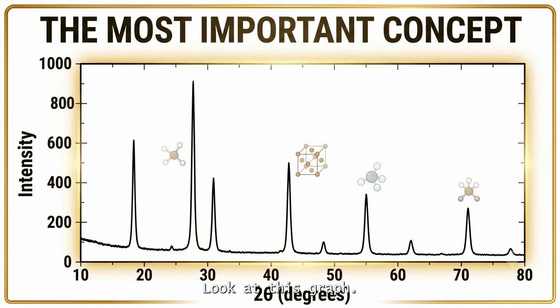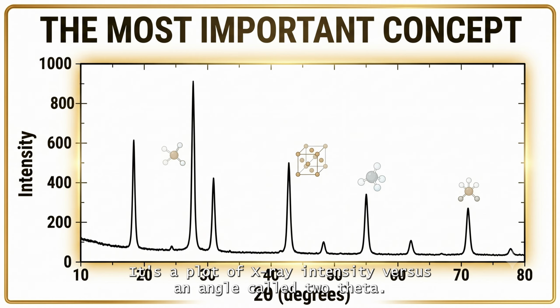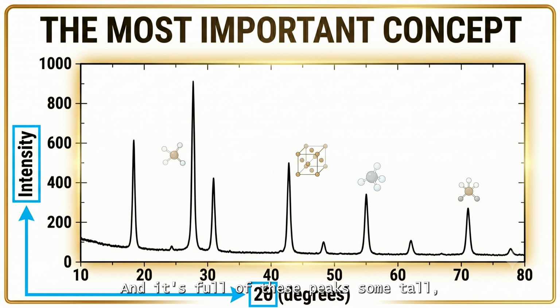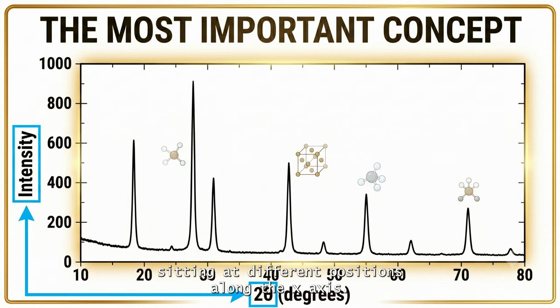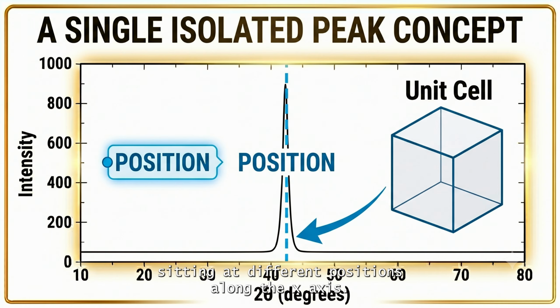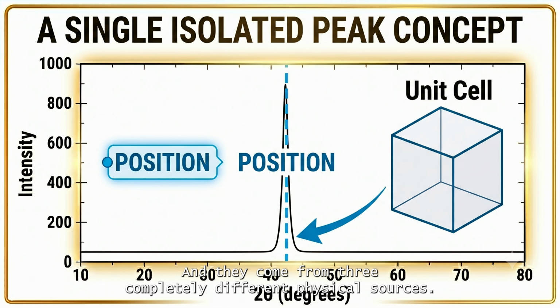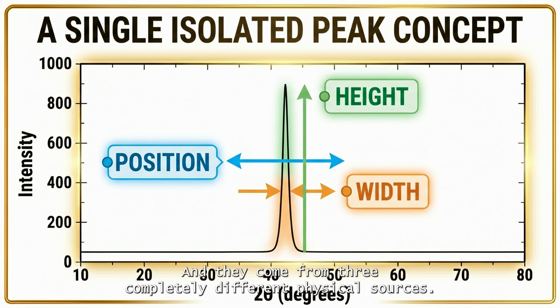Look at this graph. This is a diffraction pattern, the raw data we're working with. It's a plot of X-ray intensity versus an angle called 2 theta. And it's full of these peaks, some tall, some short, some wide, some narrow, sitting at different positions along the x-axis. Here's the key insight. Every peak in this pattern is telling you 3 completely different things, and they come from 3 completely different physical